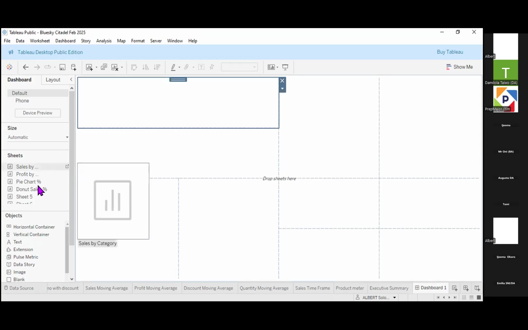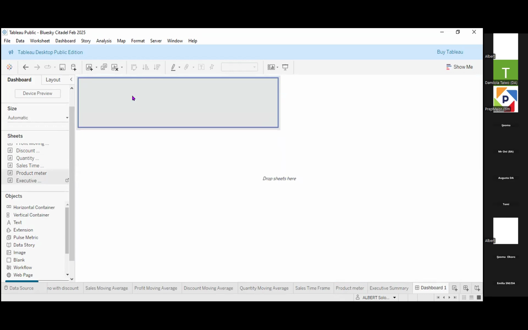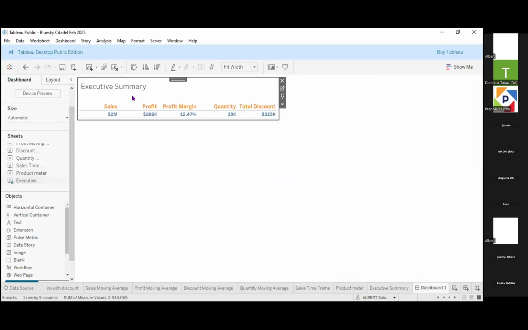So if you hover over the sheets that we have beside, let's look for executive summary. Now, this is for all of us now, since Emilia is up to speed. So if we move our executive summary and drop it here, let's see what we'll have. Okay. Now, this is what the executive summary will look like. Okay. But you see,